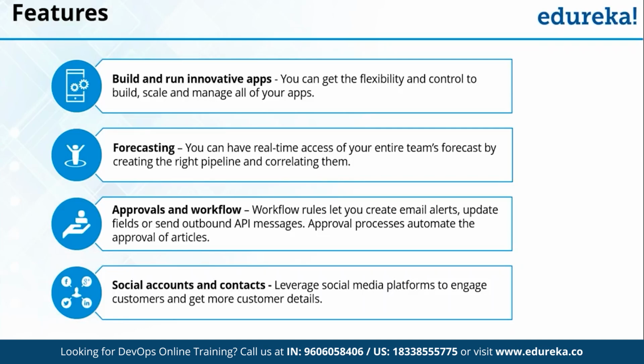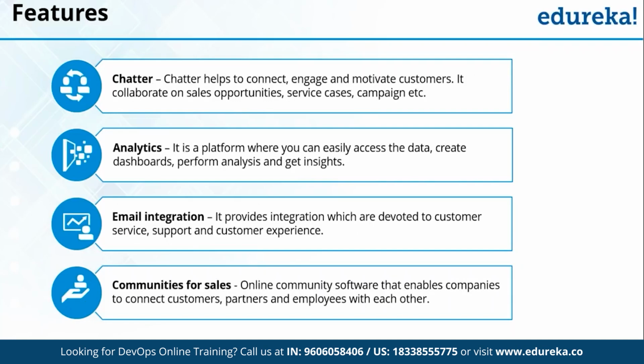We can also set up some email configurations. We can also go for social engagement like Twitter and Facebook. We also have Chatter, and we can also go for approval processes. Every company wants an approval process for opportunities, for sales, for employees. For example, on this product my customer wants to purchase 20 quantity, a bulk order, and they want more discounts. So I have to get an approval first, and only then can I give them discounts. After this, we have the Chatter option, analytics, email integration, and communities.